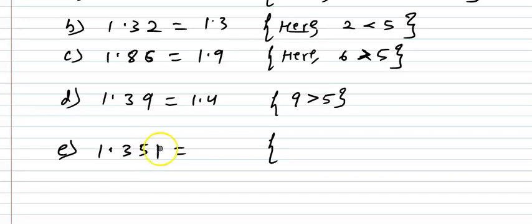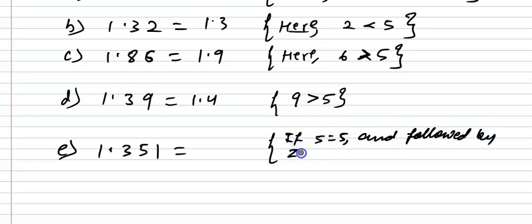So we have to look at the succeeding digit. If the digit is 5 and it is followed by a non-zero digit,